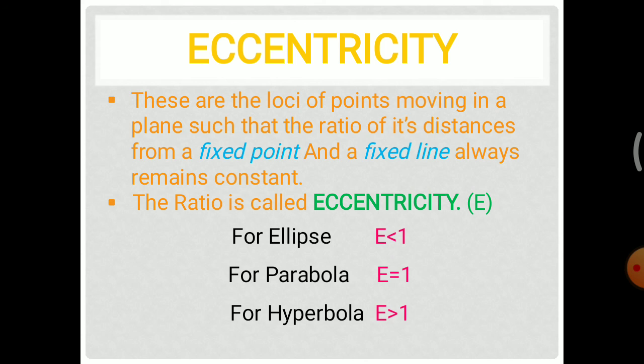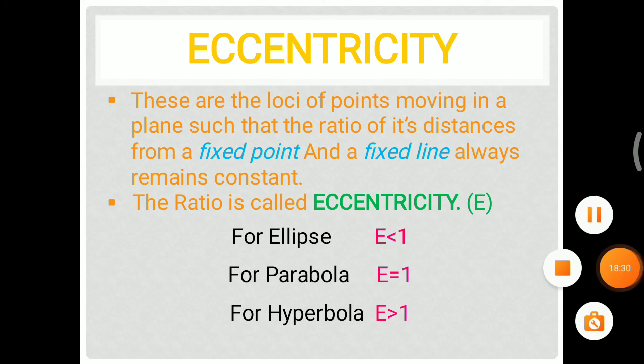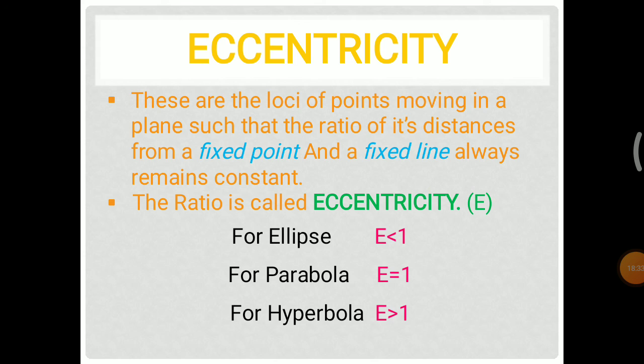So we can divide the section into equal parts. When we take it as 2 by 3, the total number of parts will be 5, that is, we can divide it as 2 parts in the first half and 3 parts in the next half. We can put the vertex point V at the second division line. We can take it as V, and then draw the curve through these points by dividing the sections into different numbers of parts. So these are the constructions by the eccentricity in different methods for the ellipse, parabola and hyperbola.